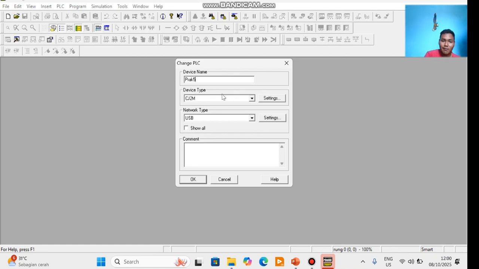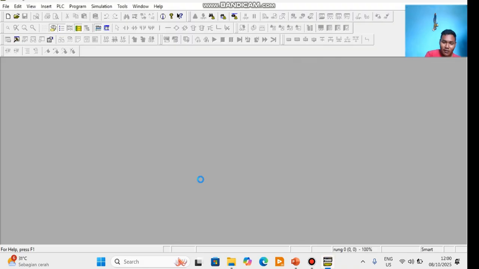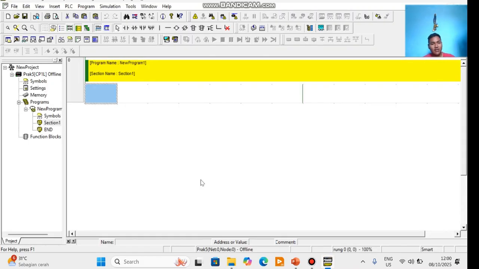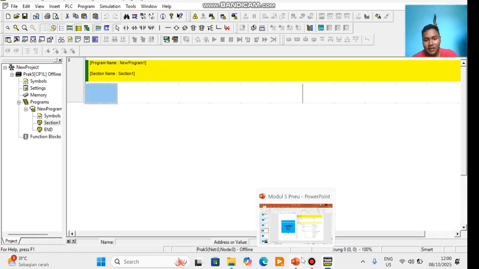The first step for the PLC type, then click OK or enter. This is the opening interface for the GX ladder diagram program. Let's not waste time, I start making the ladder diagram.